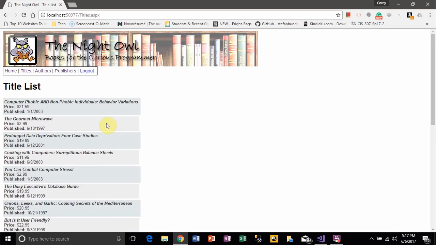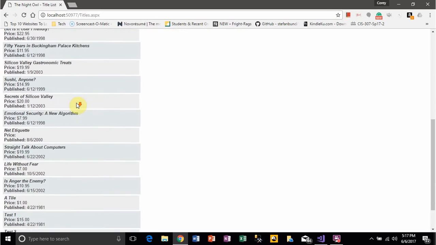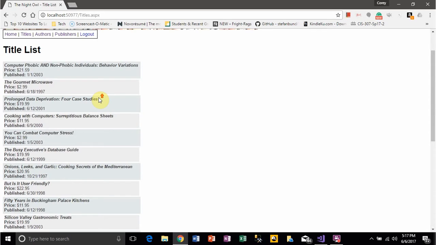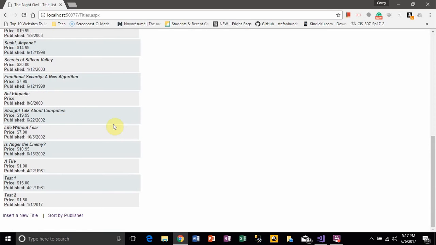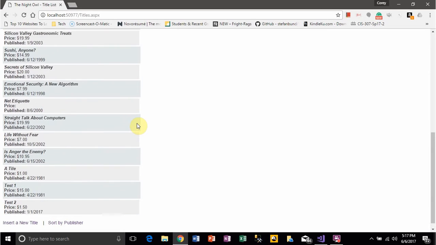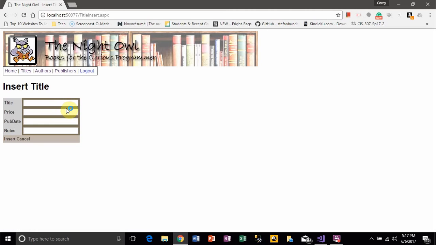If I wanted to take a look at titles, now this information is coming directly from a database that was populated using SQL. And you take a look at all the information. Now this is pulling all this information directly from the database, so it's dynamically linked to that database. And what's interesting is I can insert a new title. So let's go ahead and do that now. And I'm going to name this